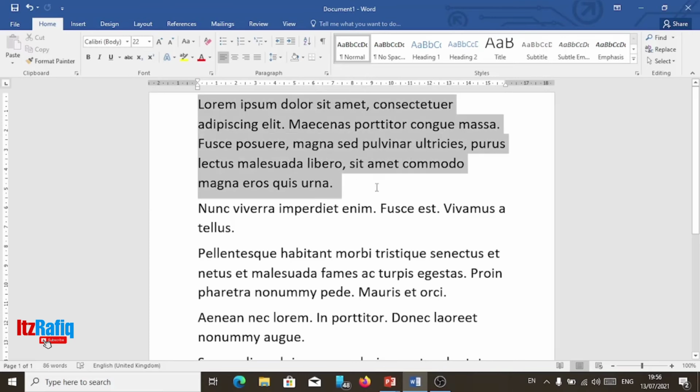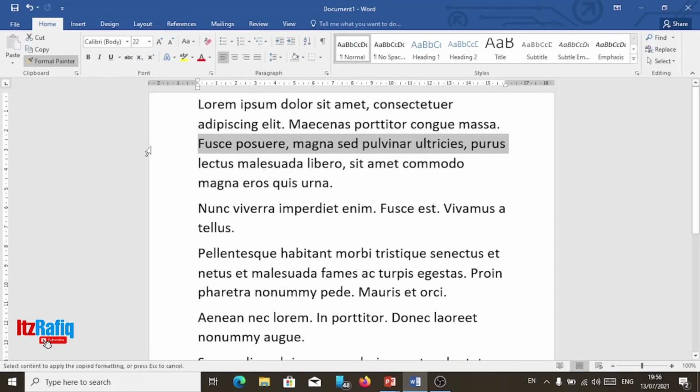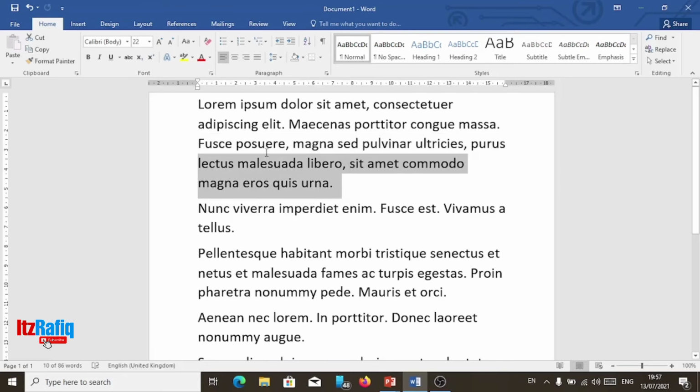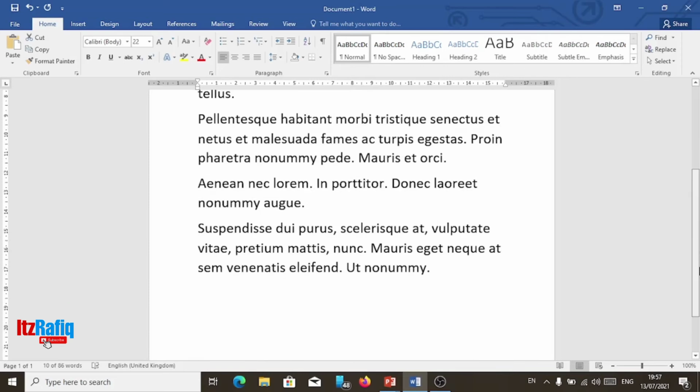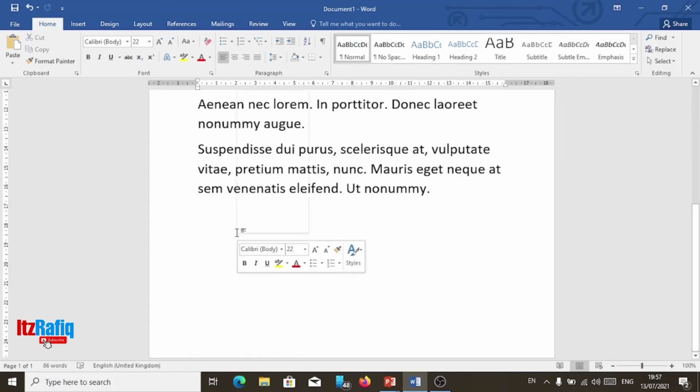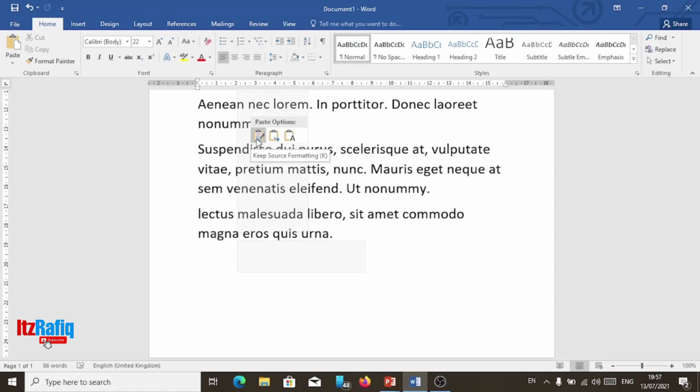Now the cursor changes to a brush symbol. We can copy the information and paste it somewhere else. As I have not given any format to the text, it is copied the same.